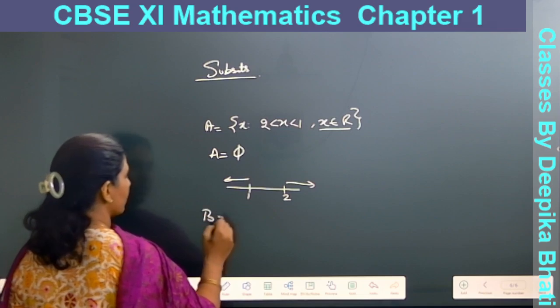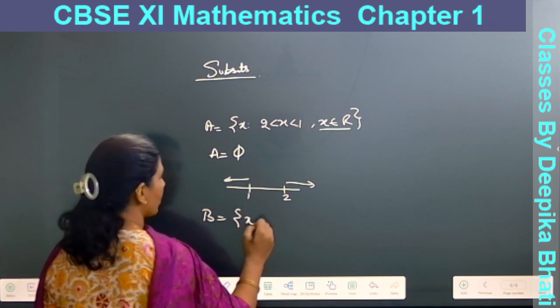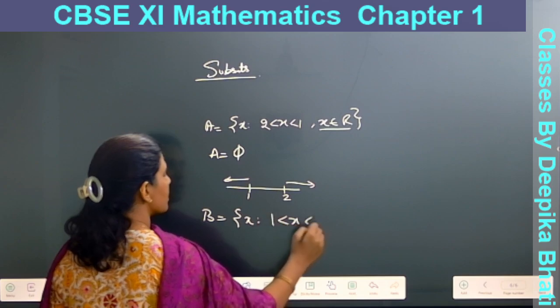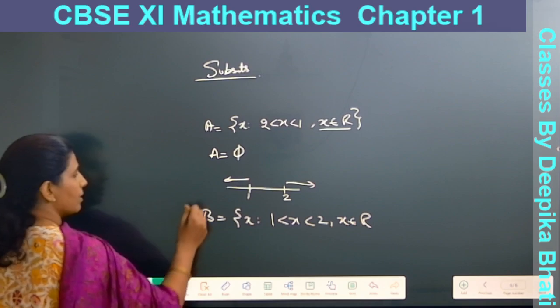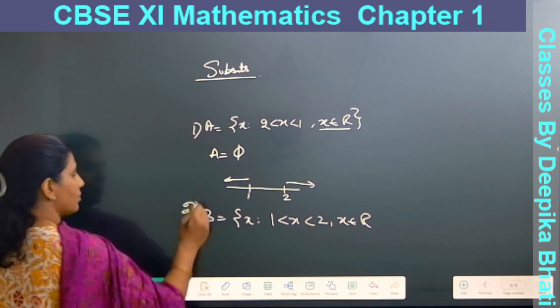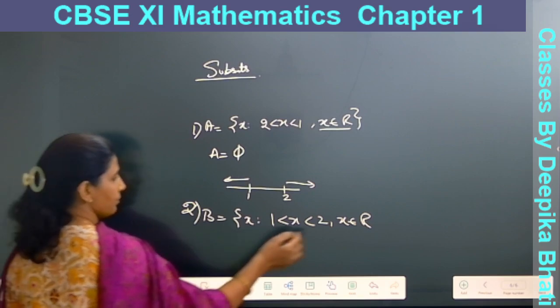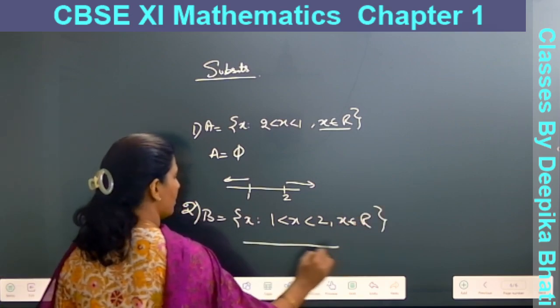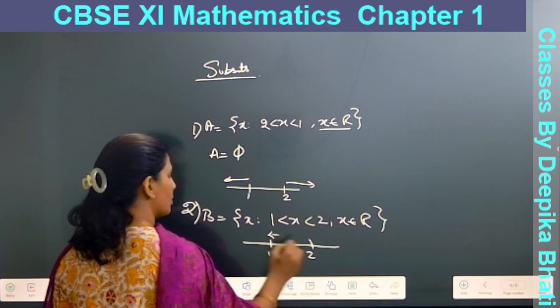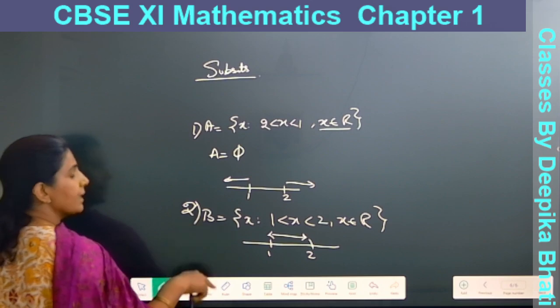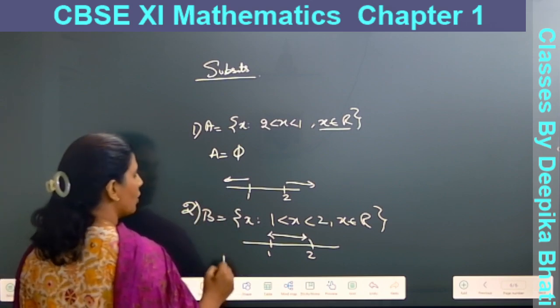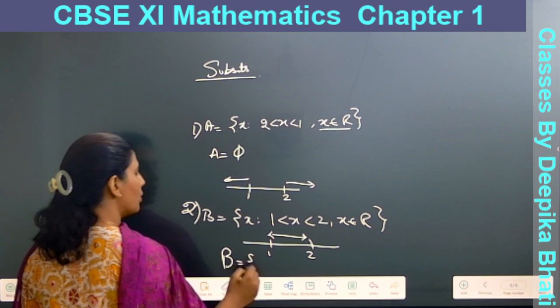Yes, you are right. Actually, I want to ask about this one: more than 1, less than 2. Here it is a null set. You are right. Now I want to ask this question: 1 to 2. So if I want you to write the roster form, you are not able to write it because you